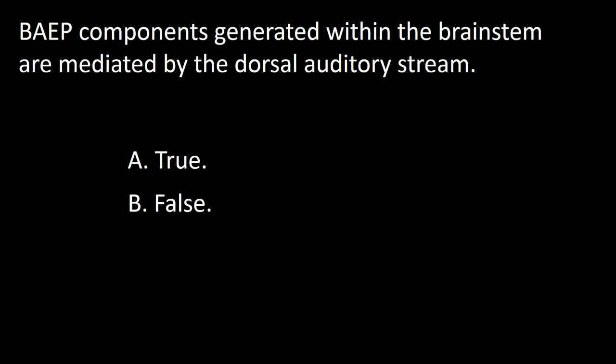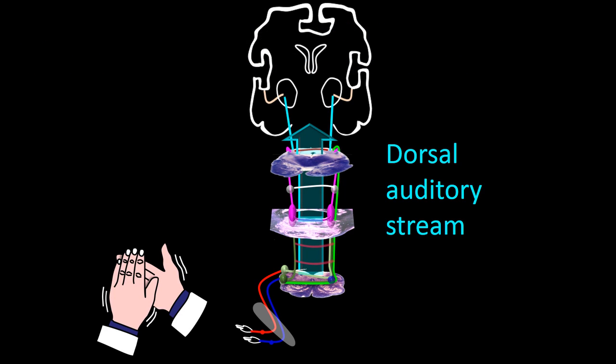Next question. Brain auditory evoked potentials components generated within the brainstem are mediated by the dorsal auditory stream. A, true. B, false. Those that adhere to the stream arrangement believe that the dorsal auditory stream originates from the dorsal cochlear nucleus. They also believe that speech discrimination travels rather exclusively in it,